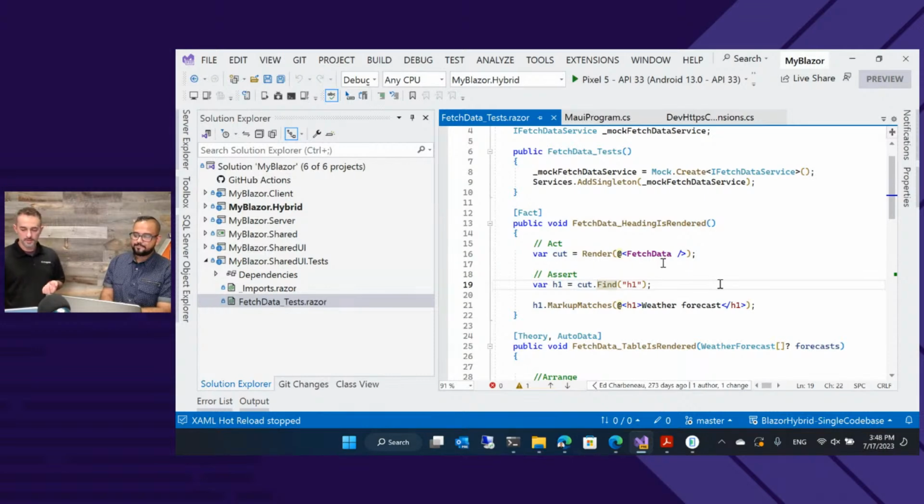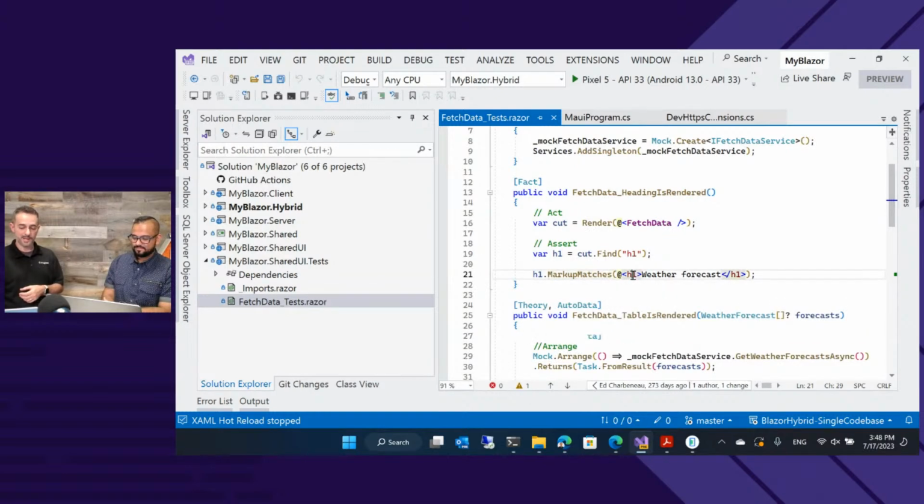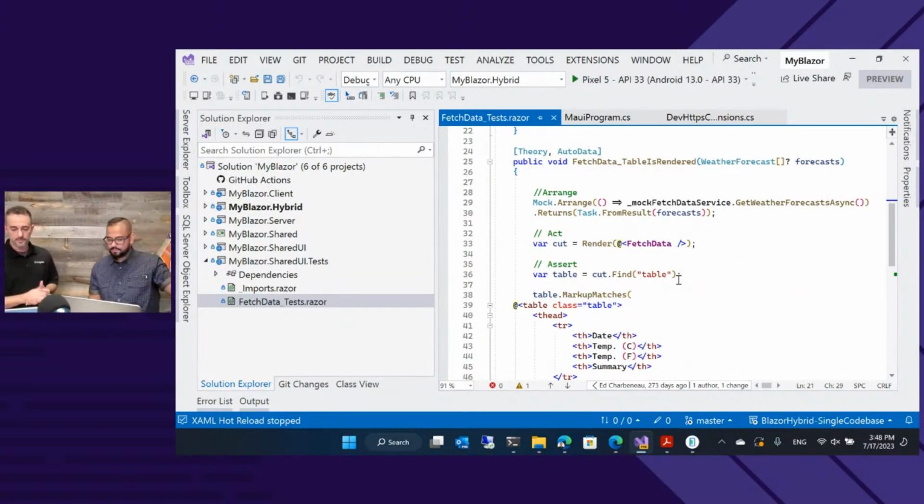I can take inside of that rendered fetch data component, find an H1 tag, and verify that the markup is a heading tag with the words weather forecast in it. Very helpful. I can also attach to instances of components and look at their properties. That can also be helpful. And this will work just fine for .NET MAUI because the UI is the same visual HTML tree.